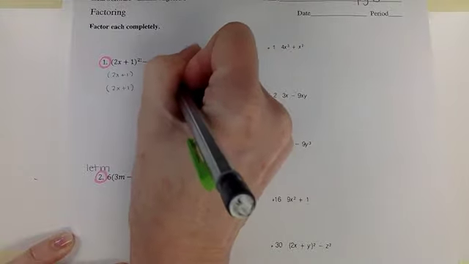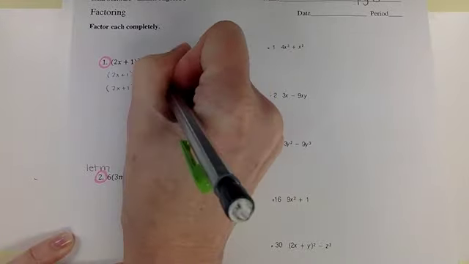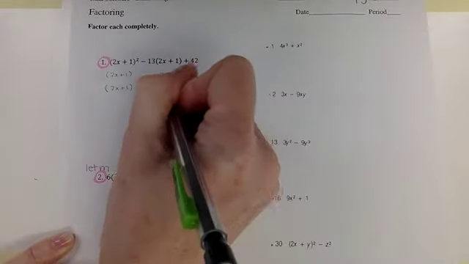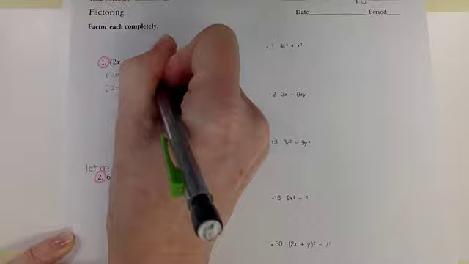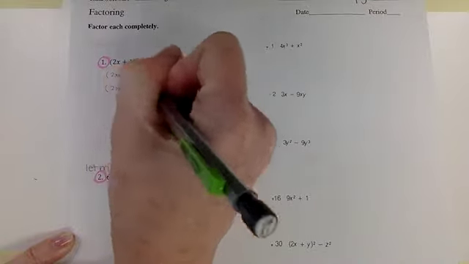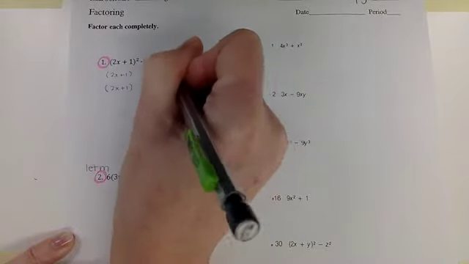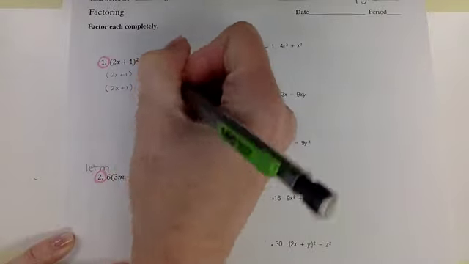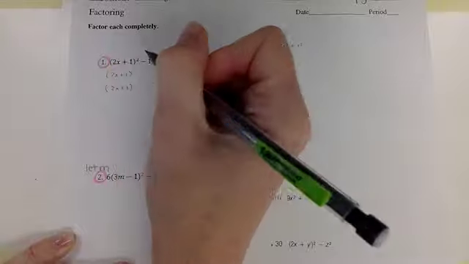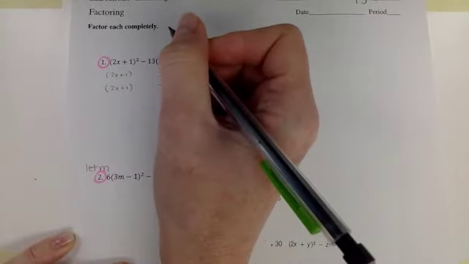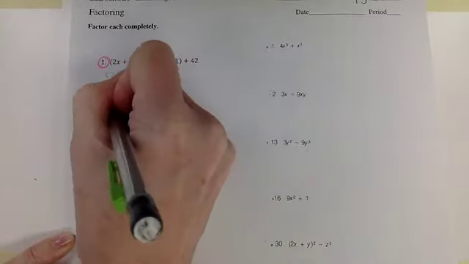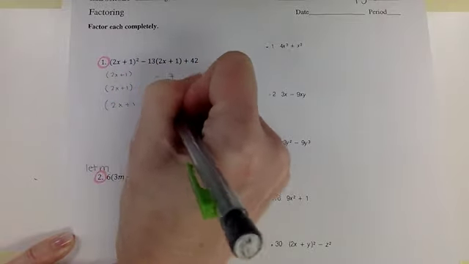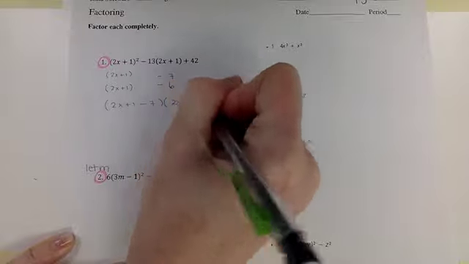42, I'm going to do 7 and 6. Both of those minus, and then I'm going to check -6 of these guys, -7 of those guys gives me -13 of, yes, those guys. What you're looking for is when those are the same, you'll be able to split them as we did with x and x. Okay, so now I've got 2x plus 1 minus 7 and 2x plus 1 minus 6